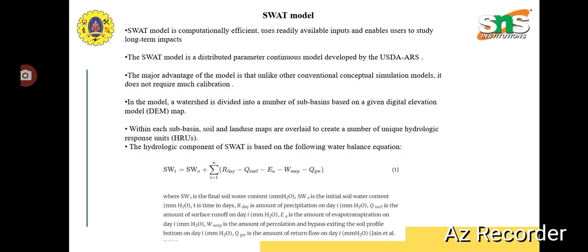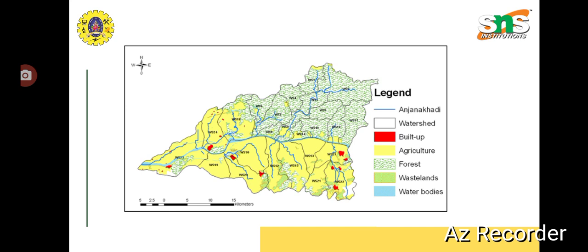The SWAT model is computationally efficient, uses readily available inputs, and enables users to study long-term impacts. It is a distributed parameter and continuous model. The main advantage of this model is that users do not require much calibration. In the model, the watershed is divided into a number of subbasins based on the given digital elevation model. The basic equation used in the hydrological component of SWAT is based on the water balance equation. It is the simple basic one, and this is the output, where the blue color represents the Anjana Kadi watershed,